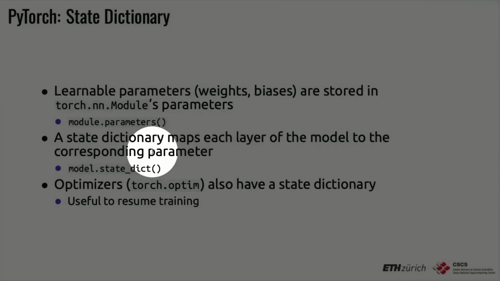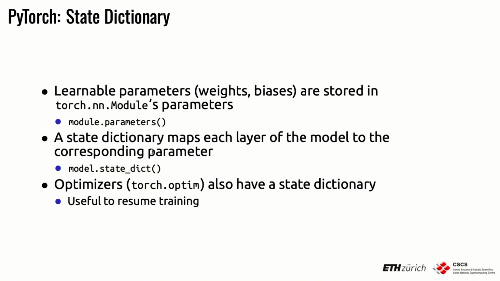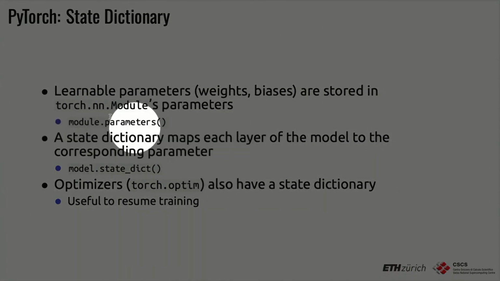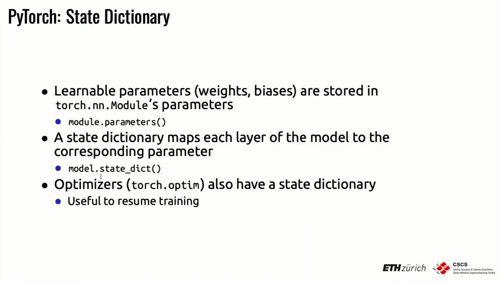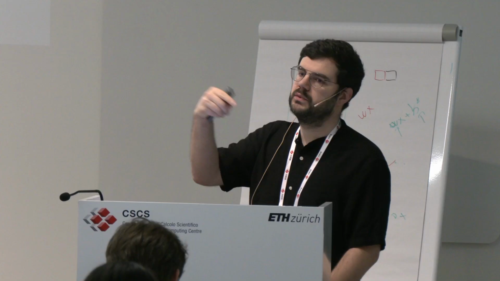Then a state dictionary is another construct that is provided by this nn.Module. And essentially it is a Python dictionary that maps each parameter to the corresponding layer in PyTorch. And so it gives you a correspondence between the model and the parameters, so that if you save this state dictionary to a file, you can then load it back into the model, and the right parameters will be loaded